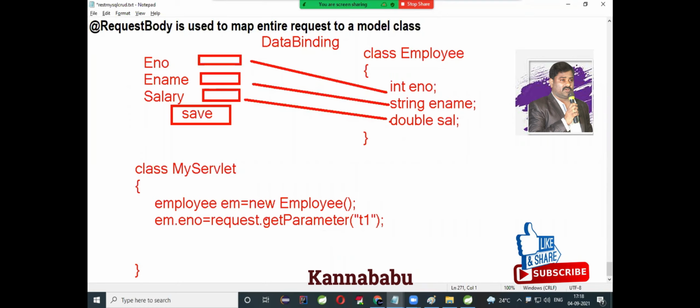So as a developer, you don't create any object. You just map the HTML text box with a Java variable. So whenever you enter the values in the text boxes, automatically these values are saved in the object.